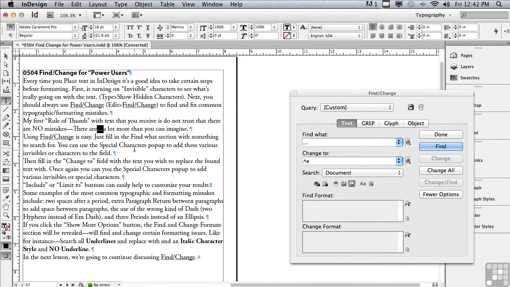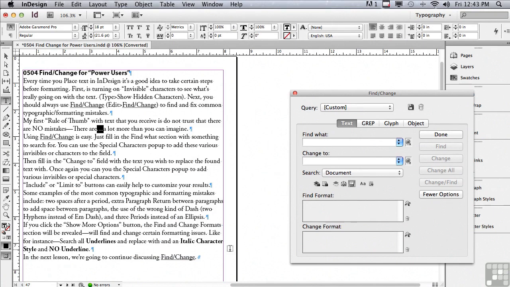Well, I can actually search for formats and then change that formatting to something else. Why don't we do that? I'm going to select what's in the Find What field and have nothing. Nothing in the Change To field either. Just going to hit Delete. And the reason for that is we're not finding text and changing it to some other text. We actually want to find a particular kind of formatting and change it to something else. Well, what we're going to look for is underlines. Any place text is underlined, I want to change the formatting, get rid of the underline, and make that text